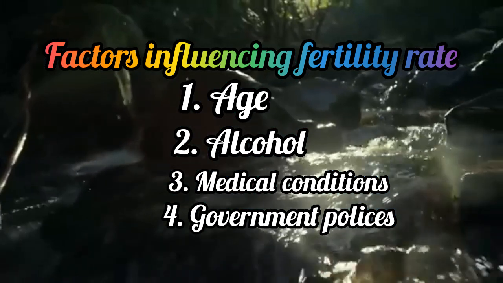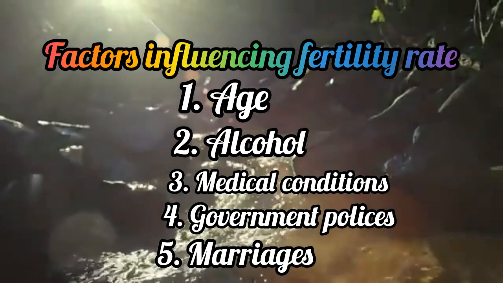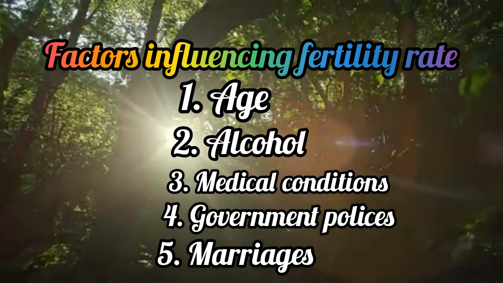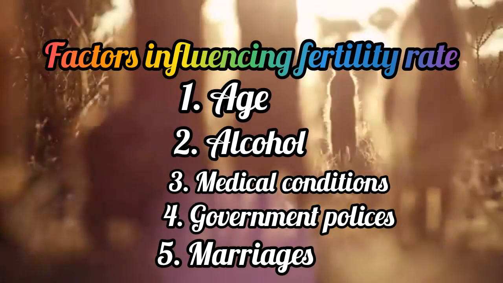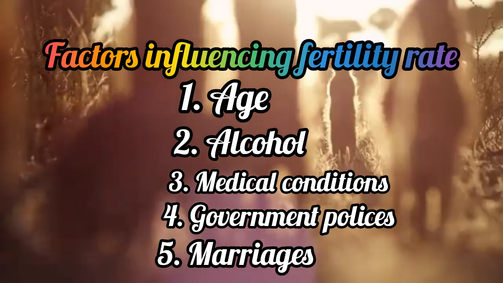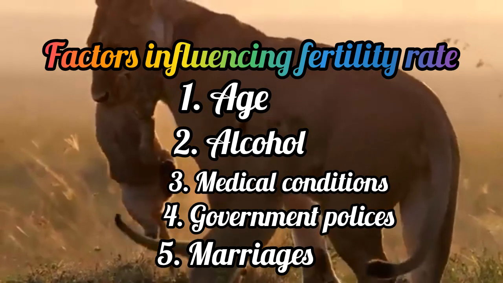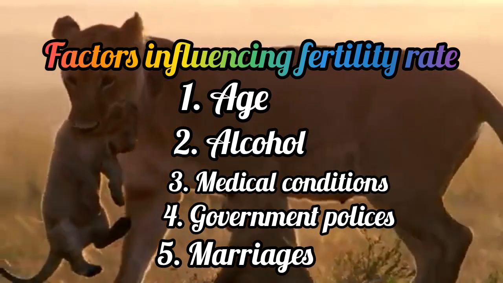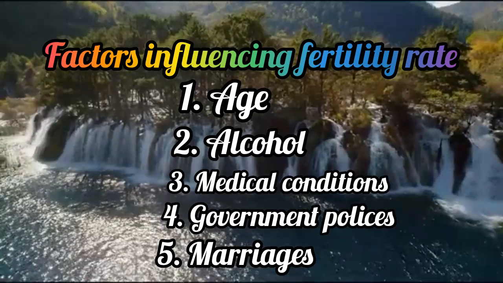Lastly, marriages. When women get married at an early age, they tend to give birth to more children at an early age. Hence, they tend to have high fertility rate. On the other hand, when women get married at an old age, they tend to have few or no children. Hence, low fertility rate. Then the C section or the C part,